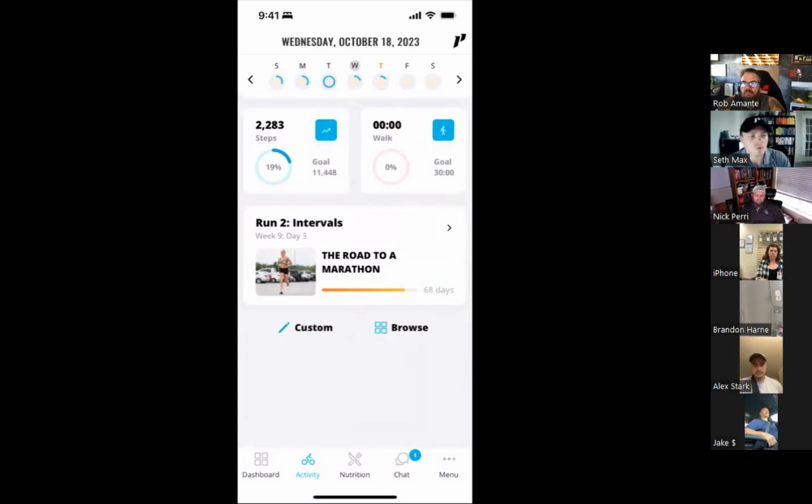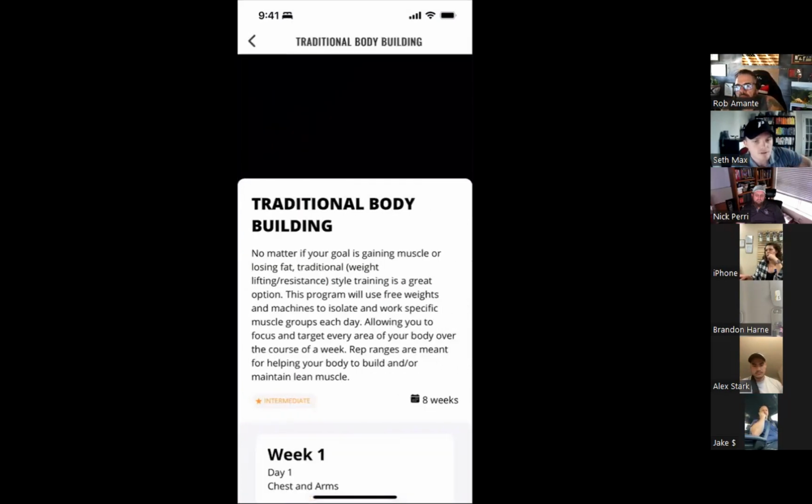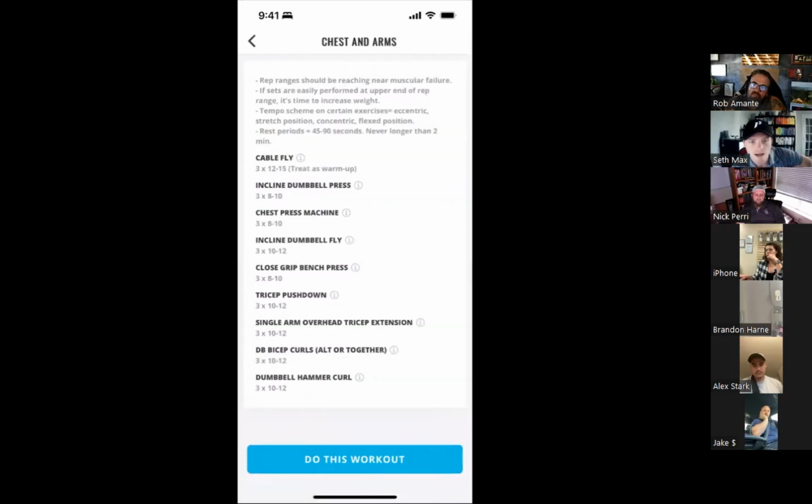And then if you ever want to, hey, because this is what I do, on the days where I'm not doing a run, because there's a lot of rest days on this road to a marathon plan, I'll go down to browse, and it pulls up all of the other programs. What I've been doing is I go to the traditional bodybuilding. Personally, I like those. And like Monday, I ran chest and arms, and I did this workout